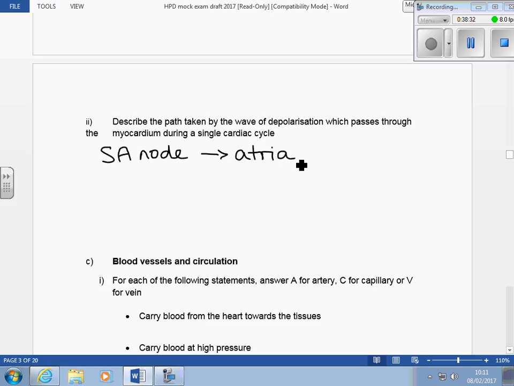While it's doing that, it hits the AV node. From there it goes down the, into the,